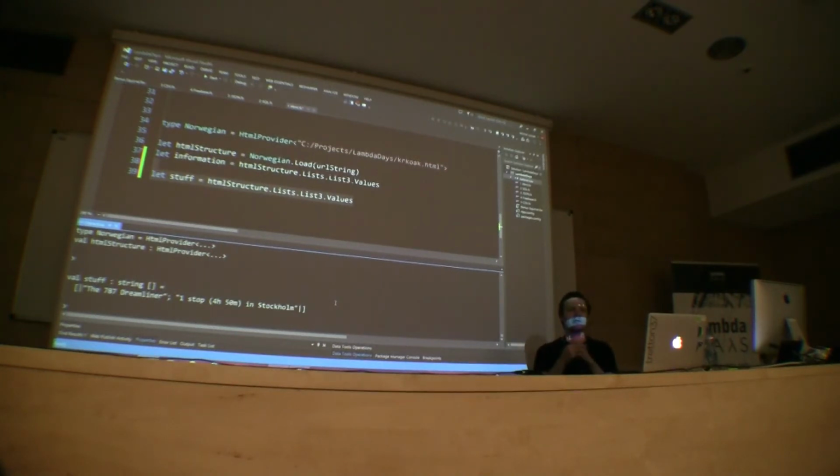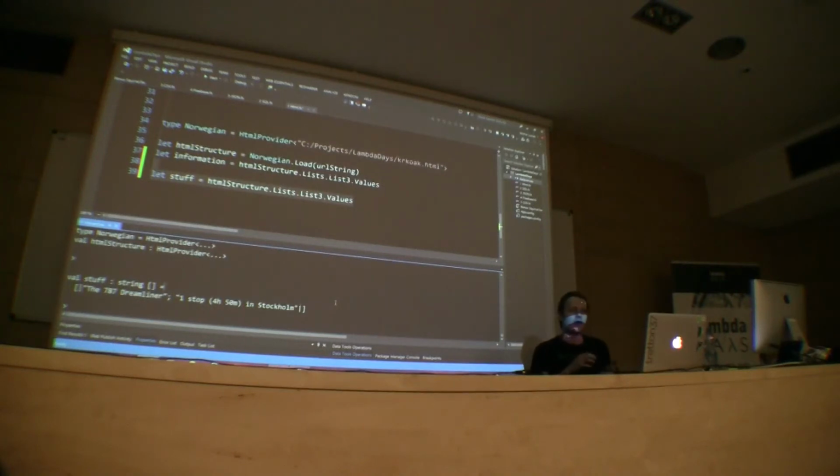So it works even better on a website that's properly structured, because the Norwegian website doesn't have very nicely structured HTML. But I needed some real life example, so that's it. So the stuff we get from here is that we're going to fly the Boeing 787 Dreamliner, which doesn't have good press opinion. People seem to not be very happy with it. So I'm wondering if they fly at all, if it is safe to fly this plane.